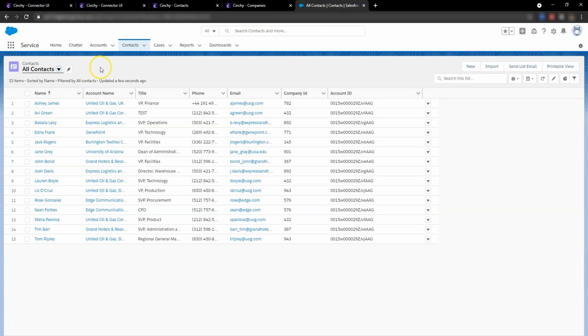These are the columns we'd like to sync into Cinchy: the name of the contact, the name of the company, the title or position of the contact at the company, their phone number and email address, the company ID, and the contact Salesforce ID. Now I'd like to point out that the account name column is linked from another object